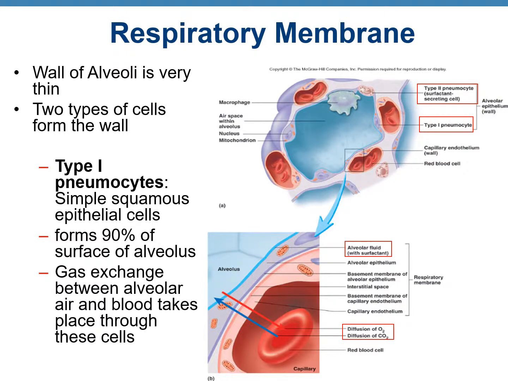Going further into details in the wall of the alveoli. So the alveolar wall is made up of two types of cells, and we just give a fancy name to these cells. These cells are known as pneumocytes. So the first type of cell is called a type 1 pneumocyte, and type 1 pneumocyte is simply simple squamous epithelium, that's all. So 90% of the alveolar wall is made up of the simple squamous epithelium, which is known as type 1 pneumocyte, and all of the oxygen and carbon dioxide exchange is occurring through this layer of cells.